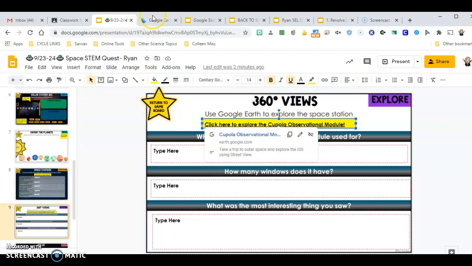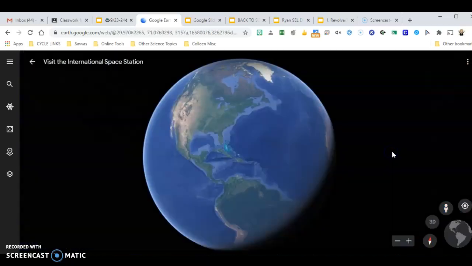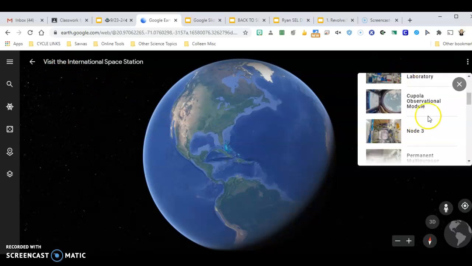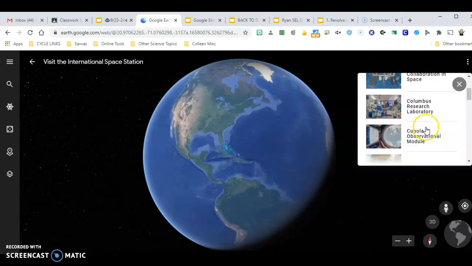So when you click here, it's going to bring you to Google Earth, and you'll notice that it says Cupola Observation Module. If you click anywhere else over here, it's going to take you away from what you're supposed to be looking at. There's a table of contents here. Notice it took me away. We're in the International Space Station, but what we want to do is we want to be here in the Cupola Observational Module. So if you get taken away, make sure you come back over here and you find the